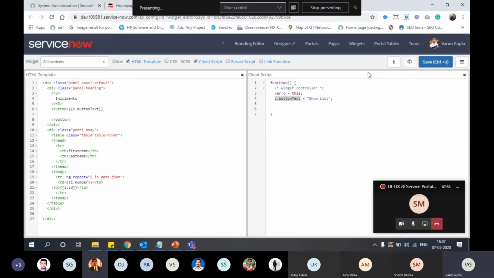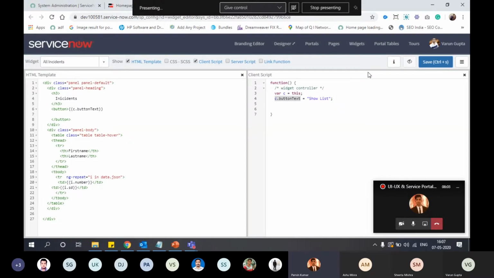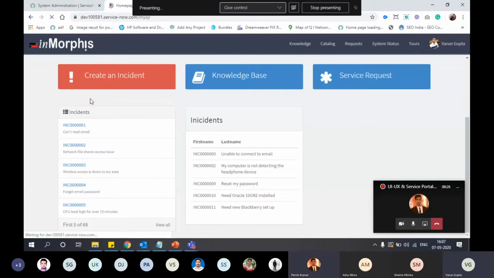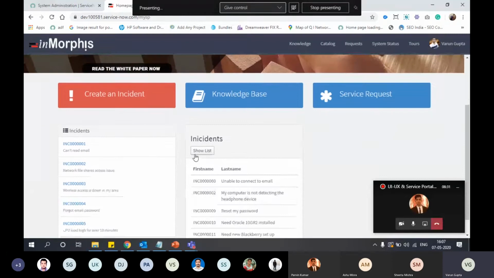Varun, Praveen this side. Sorry to interrupt, but I just want to understand. Can we directly write a button name within that markup? Yes, we can directly write the button. I'm just asking out of curiosity. I will explain why I'm using this name from client script. So here is our button and the text we have written in our client script.